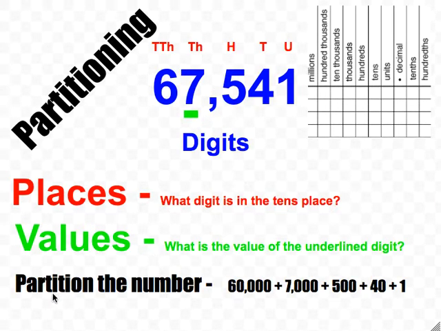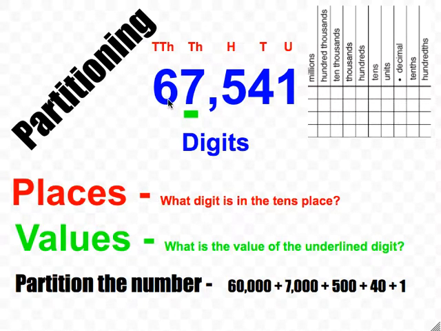The final concept that we need to really understand is learning how to partition the number into all of its component parts. This means breaking it down into the individual values ascribed to each digit. In this case, we would look at this number once again,